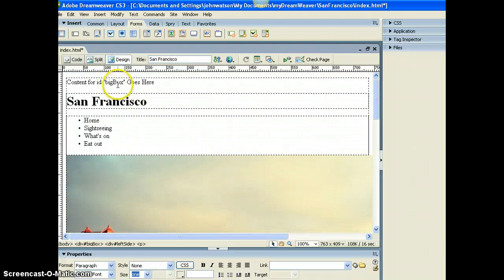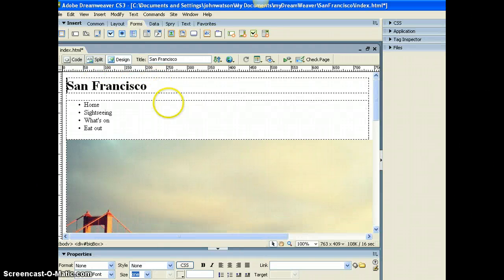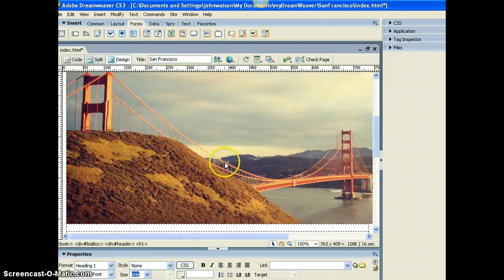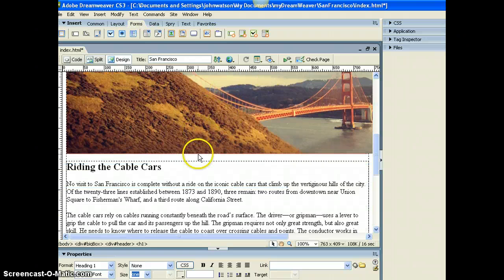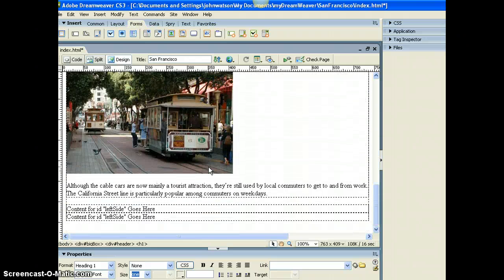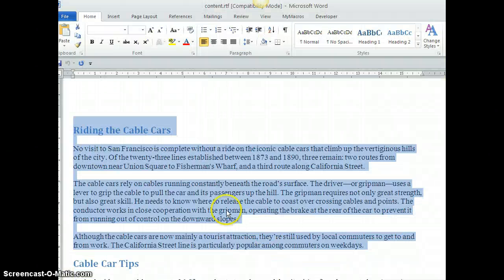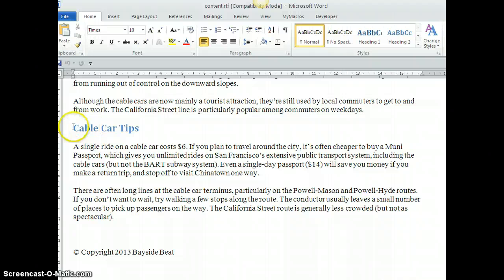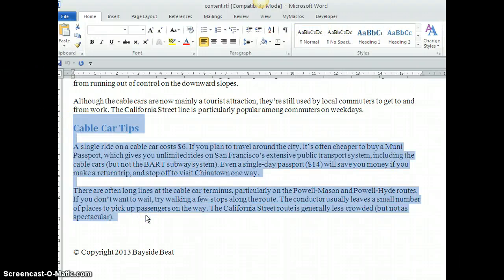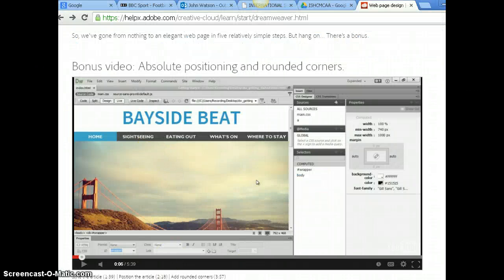We've got, actually big box doesn't have any, get rid of that. San Francisco, then we've got our nav bar, then we've got the image, and then we've got content, which is going to be on the left side, and then we've got, that should actually say right side, shouldn't it? Back to the stuff that I've prepared earlier, cable car tips. I'm going to copy that, go back